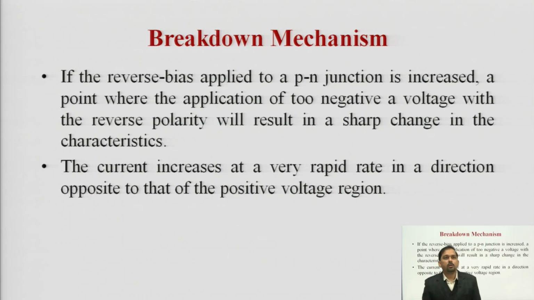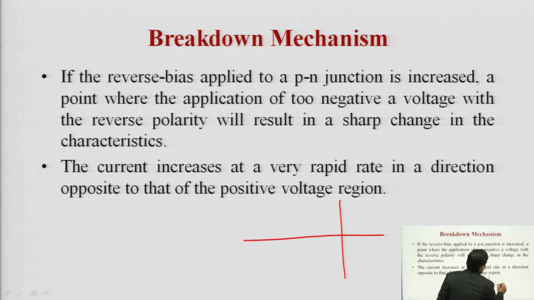Now, we have the breakdown mechanism. So, first of all, what is breakdown? Breakdown is when we apply a reverse voltage to a PN junction diode. It has been seen that the current is basically constant, of the order of microampere, which can be seen with the help of this particular characteristic. Something like this. This is of the order of microampere.